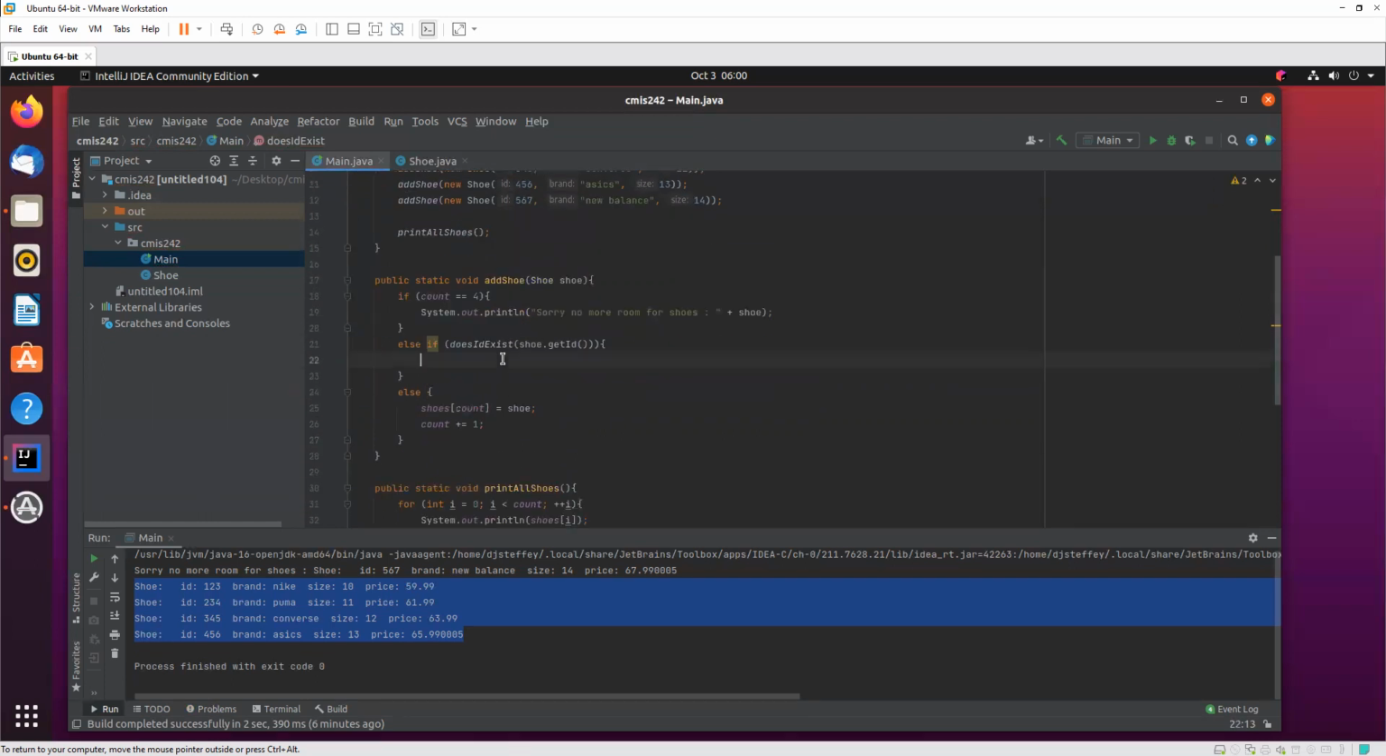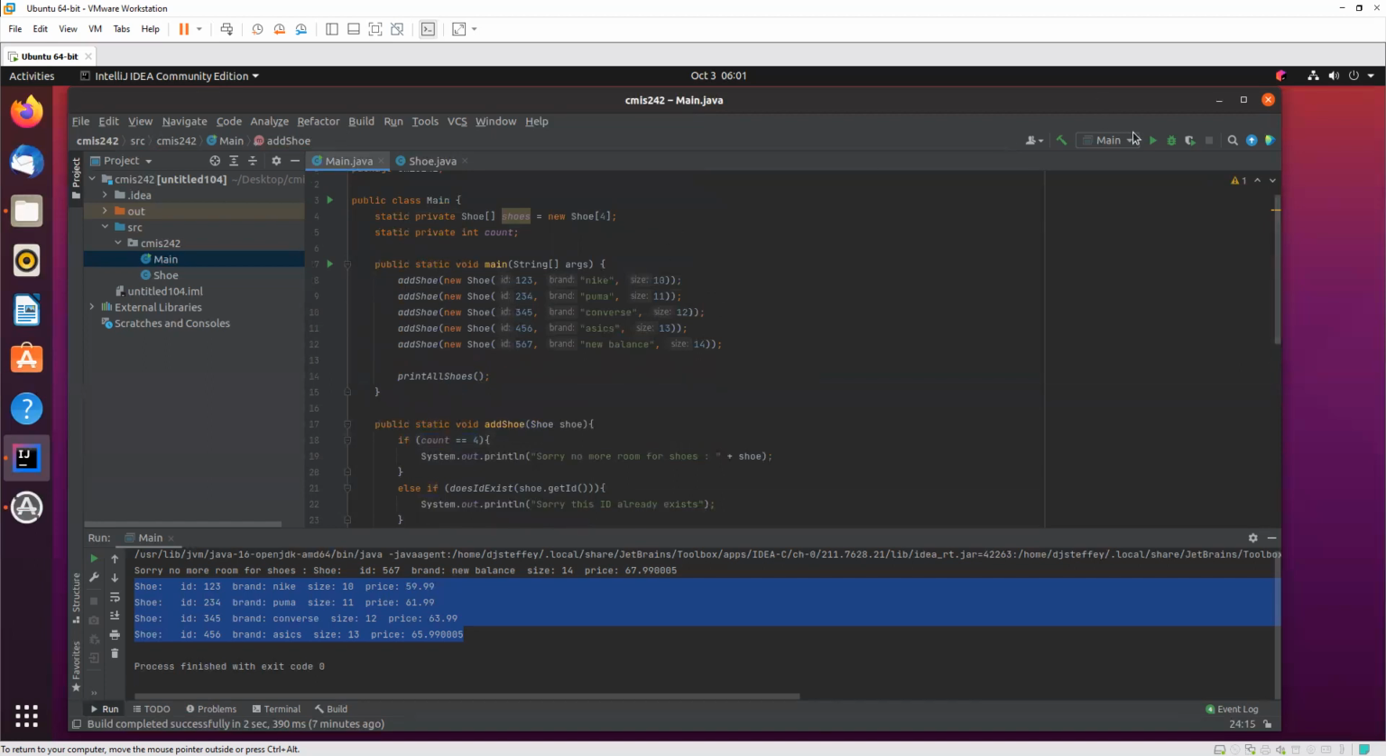All right, so now let's go back here. So we're going to say if the count is equal to 4, meaning we're already completely capped on our number of shoes, we'll print out, sorry, no more room for shoes. Now we're going to say, does the ID exist of the shoe we're trying to add? So we're getting this shoe's ID, and we're going to say, does that ID exist? If the ID already exists, sorry, this ID already exists. And then we can keep the else to add the shoe if it passes those checks. So let's go back here. So if we run it as is,